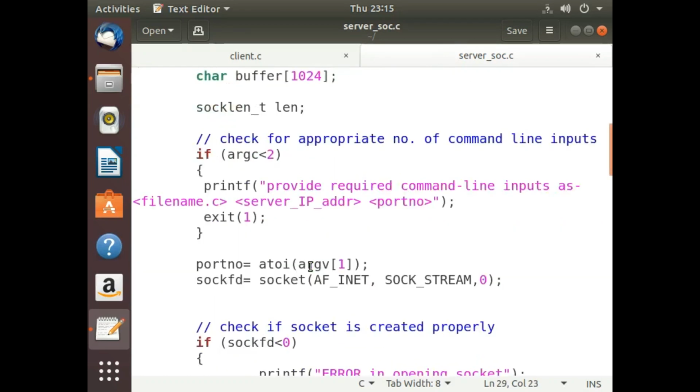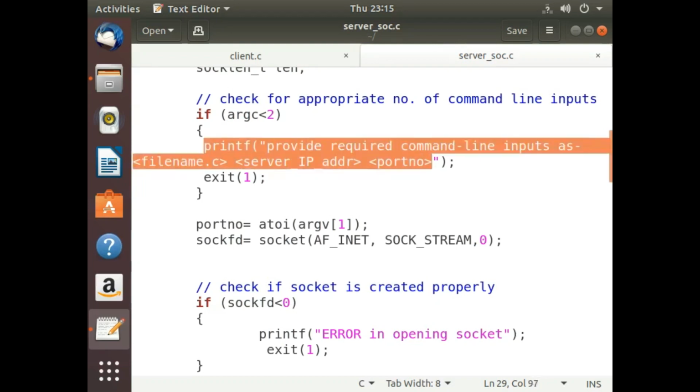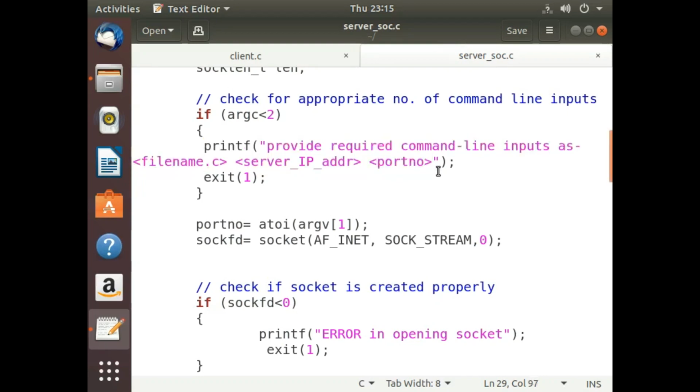Before we actually create the socket, we are going to first check whether we have passed the right number of arguments or not. If argc has a value less than 2, then we are going to notify the user that these command line arguments are not the required ones.